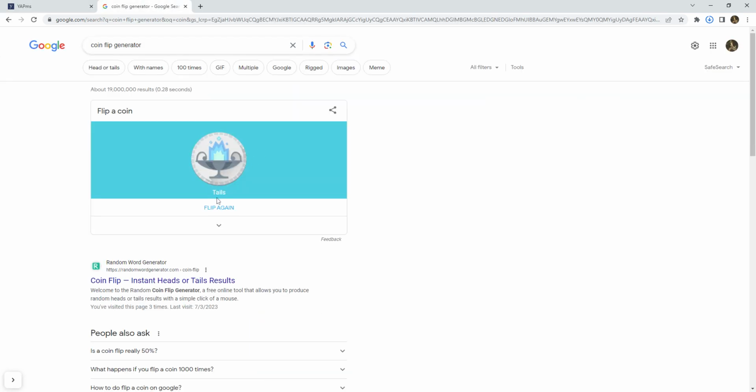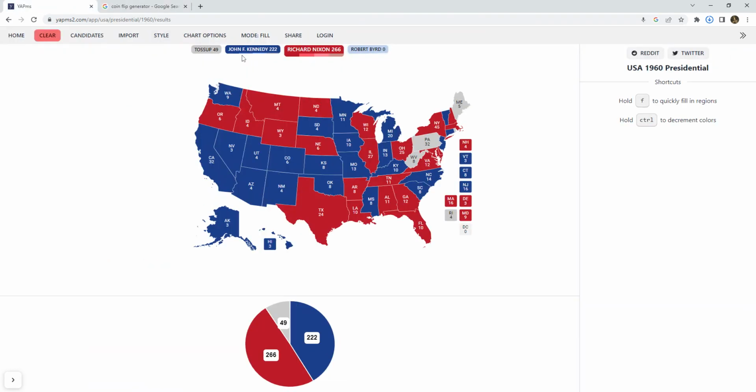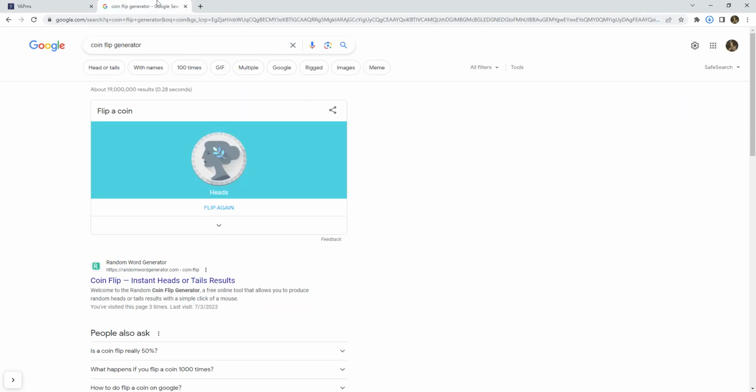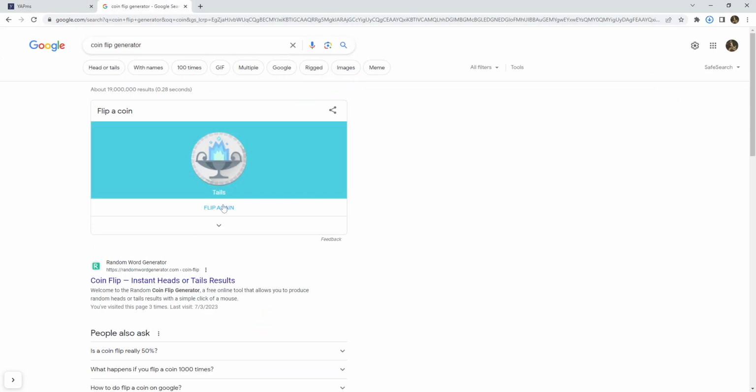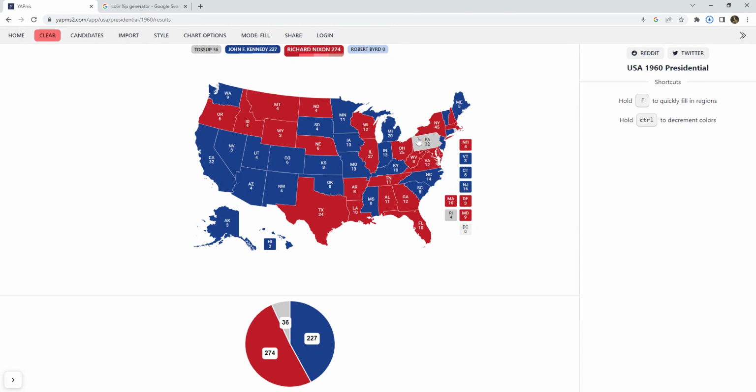And next is the state of Maine. This would put Nixon over the top if he wins it. And he does not, so Kennedy hangs on for now as he takes Maine's 5 electoral votes. Next is the state of West Virginia. This would also put Nixon over the top, and he will win it. So Nixon wins. But the last state is Pennsylvania. Let's see if Nixon can add on to his victory, if Kennedy will get it. And it will go for Nixon. So Nixon gets the victory, 306 to Kennedy's 227.